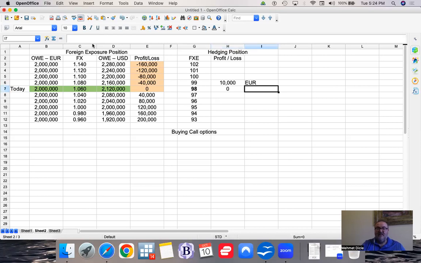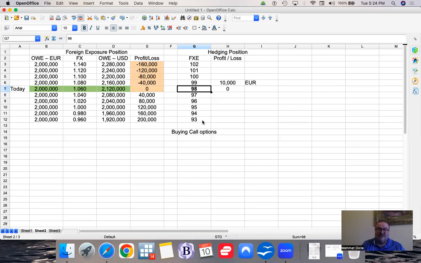So again, what did I do? We have a right to buy. If we buy a call option with a strike price of 98, we have a right to buy the FXE at $98 per share, and the FXE itself as an ETF, one share of FXE, is equal to 100 euros. So since each call option is 100 shares of FXE, and since each FXE is 100 euros,